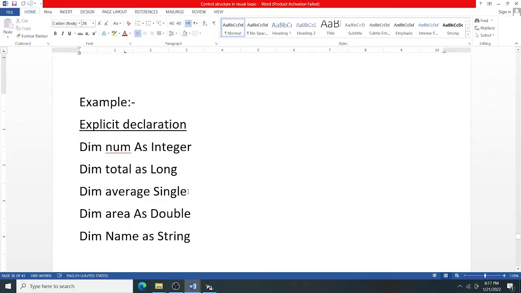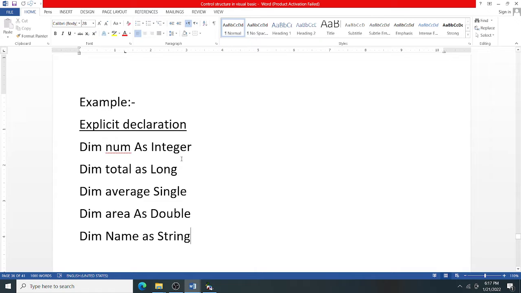Integer, Long, Single, and Double, these four are the numeric data types.